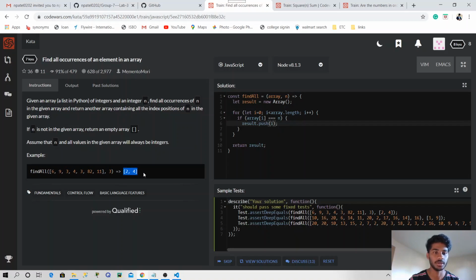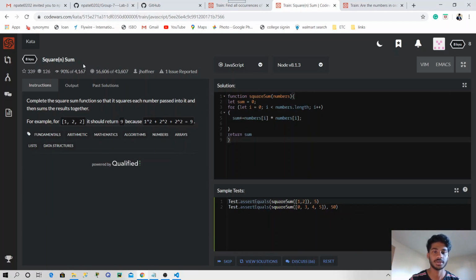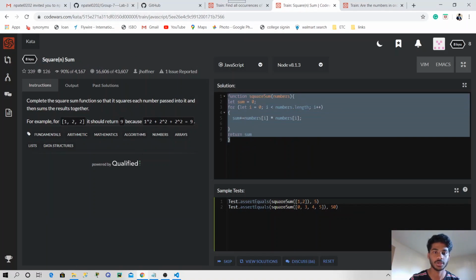So here the given array is 1, 2, 2. So the result should be 9. That means 1 square plus 2 square plus 2 square, and we are just summing up this result. Here we created let sum is equal to 0. Initially the sum is 0,